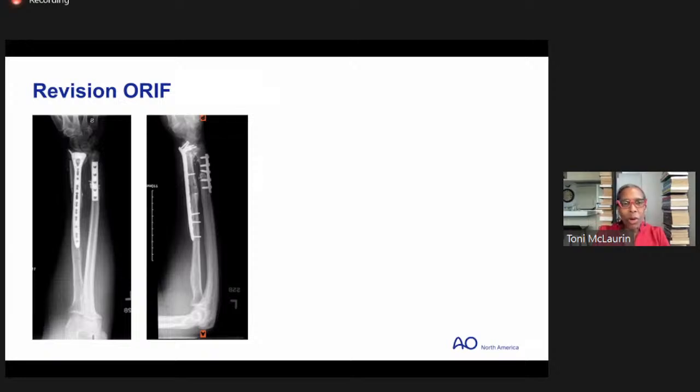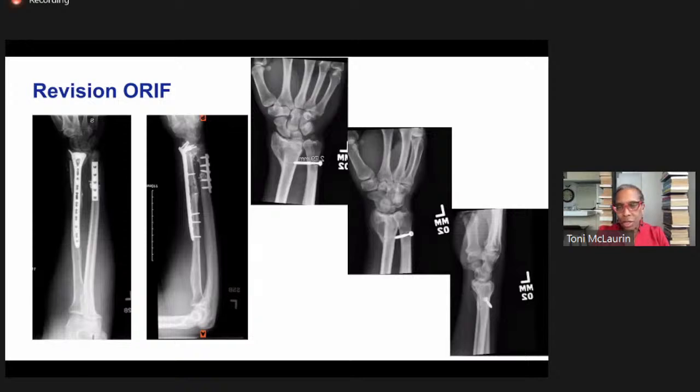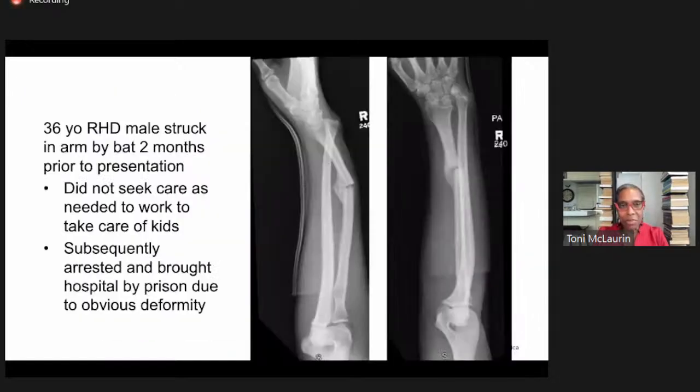But the important thing when you're doing this, because of all these different articulations and the bows, is that you need to get contralateral views. Unfortunately, these were the contralateral views of this patient who had this strange DRUJ screw fixation on the other side, and obviously had a distal radius injury. So this was not helpful at all. Whatever I did was still going to be way better than what they had.